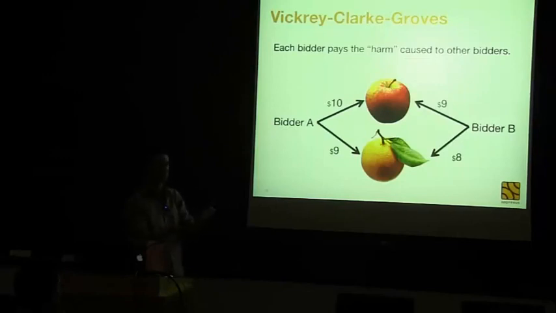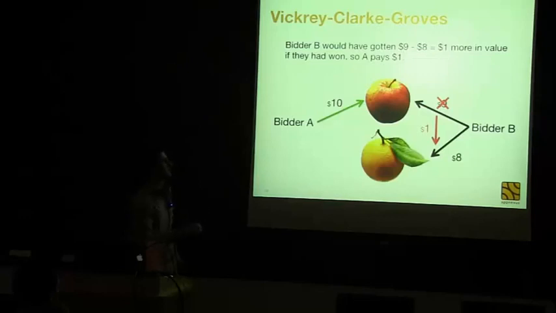I value them roughly the same. Bidder B says, I'll pay $9 for the apple and $8 for the orange. So in this case, bidder A could just bid $7 and get roughly equivalent value for the orange. But here's how to solve the problem. In Vickrey-Clarke-Groves, VCG,